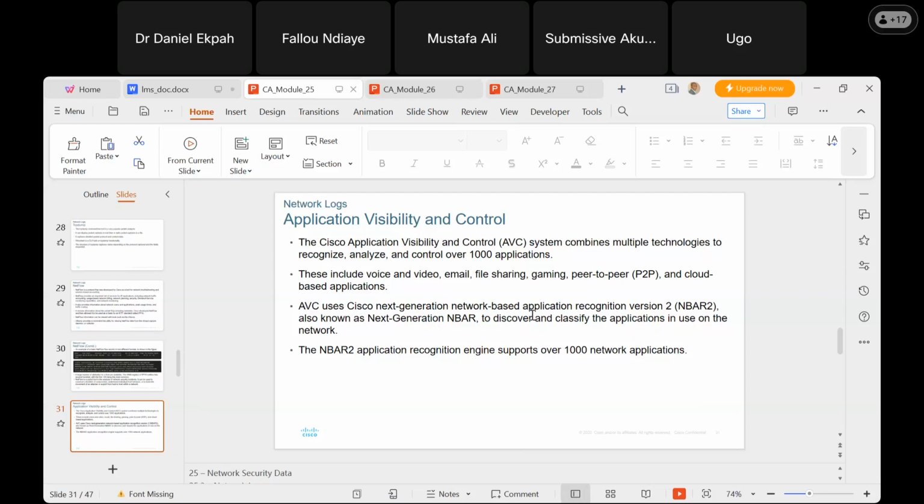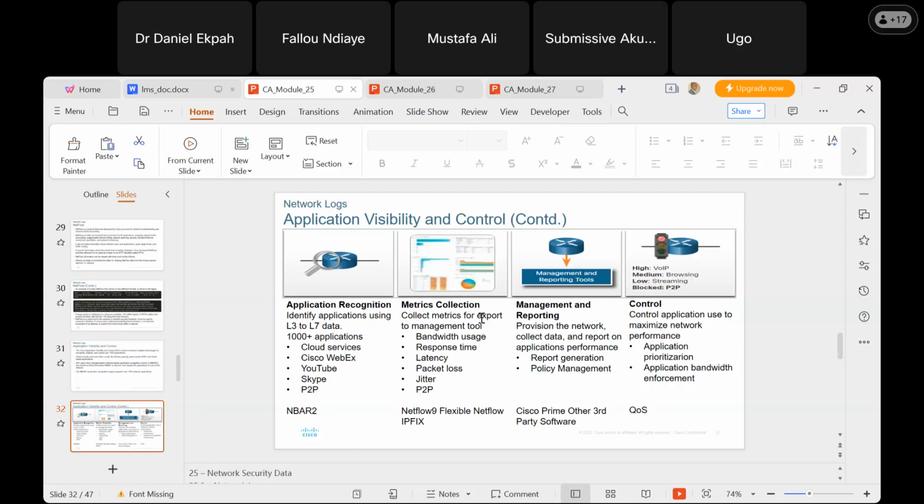So generally what we're saying with the ABC, which is Application Visibility and Control, is that it helps you carry out your monitoring based on voice, video, email, file sharing, and all that. So we can see how all those provide a lot of insight into what transpires within the network. We also have,